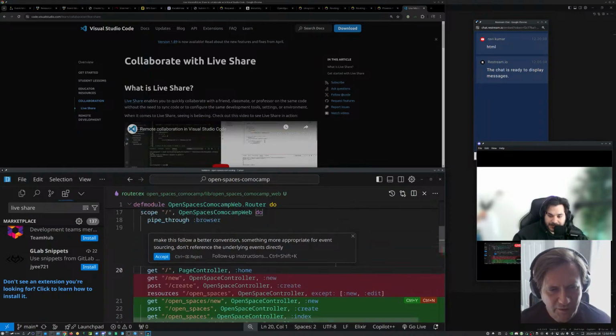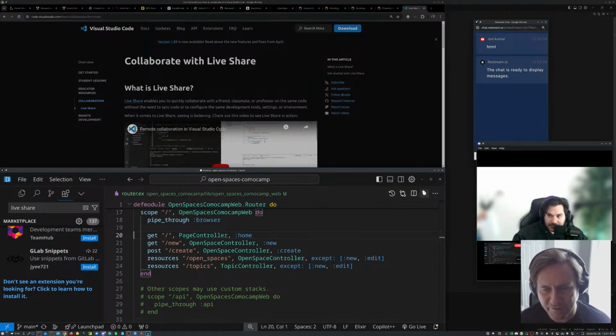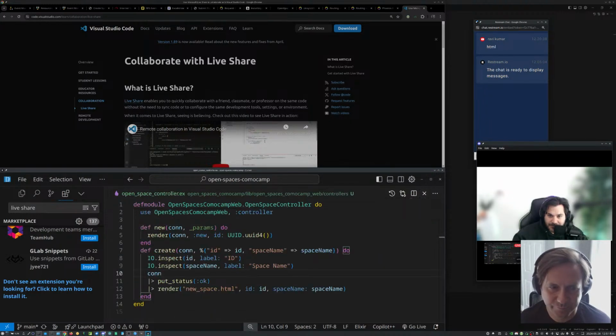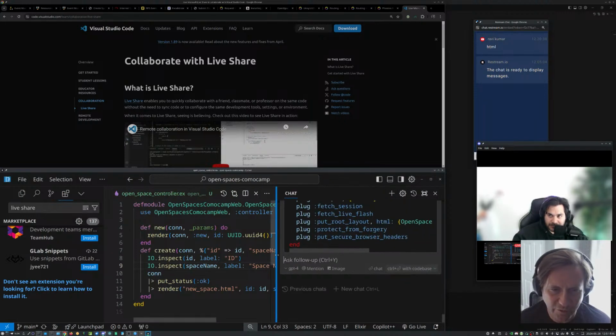Cool. But yeah, this kind of stuff for being able to quickly work with that, plus the fact that you have the ability to add a chat where it will know the full solution here.